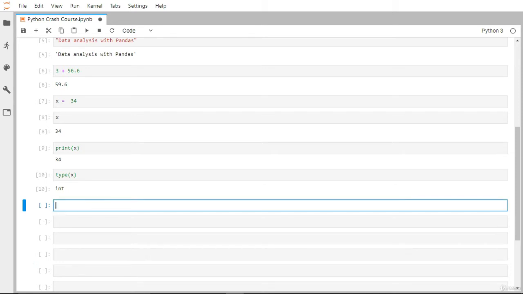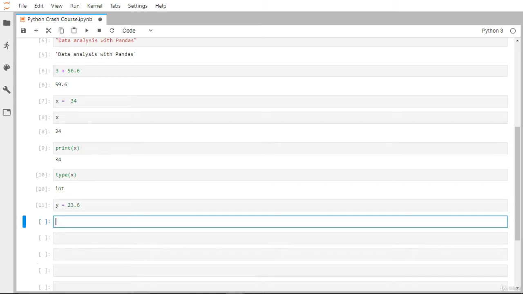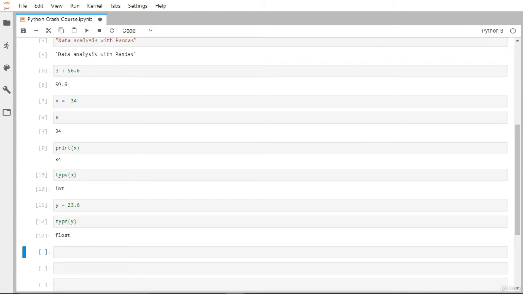Let's create some float value. I'm going to assign y is equal to, let's say, 23.6. And if I try to find the type of y. When learning this Python programming language, it is always best practice, at every moment of code execution, to find the data type of that particular variable, so that you can understand what different methods and attributes you can apply on top of it.